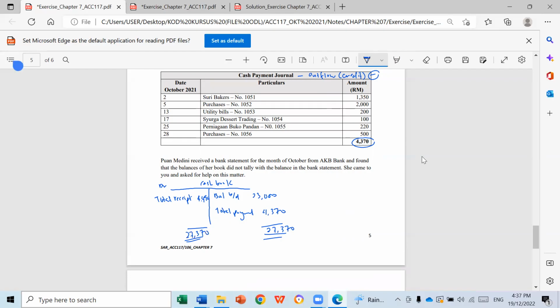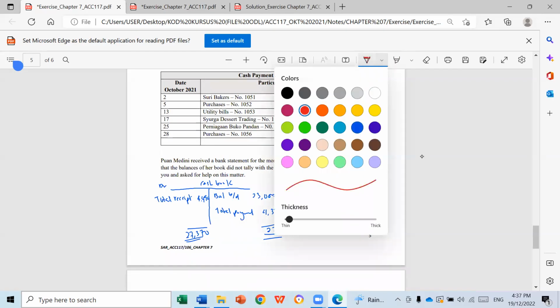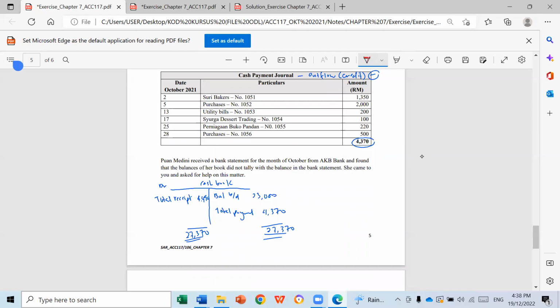The amount is bigger on the credit side. Therefore, the balance carried down will be the difference between these. So this is our balance carried down in the cash book, which is